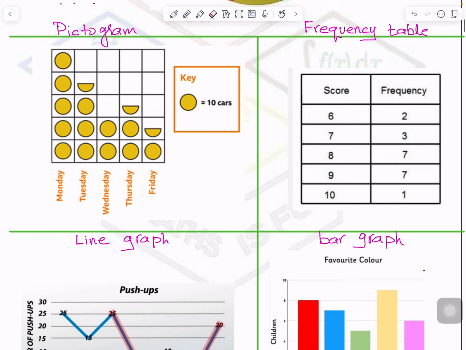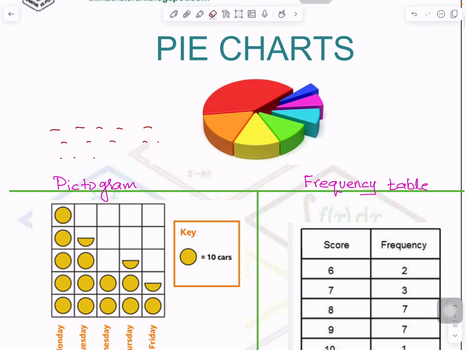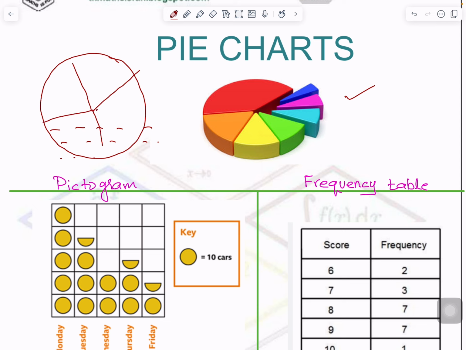There are so many ways. I have just written here few. So pie chart is basically representing in a circle form, like this example, and different portions here are talking about different things we will talk about. You will understand from the question. And you have to remember one concept here, that in a circle, when we are talking about pieces, the sum of all the angles will be equal to 360, because it is angle at a point. Okay, so sum of all the angles will be equal to 360.